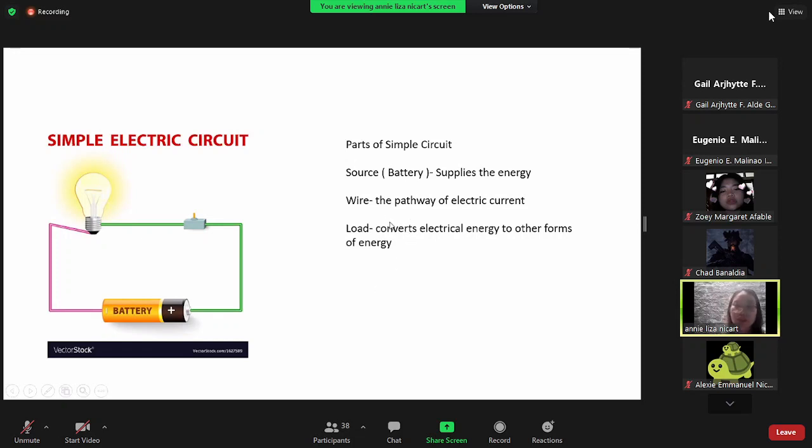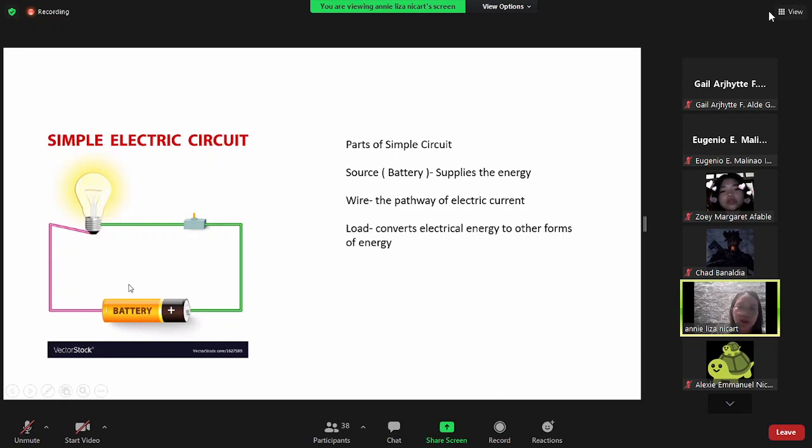Okay, bakit siya tinawag na simple circuit? So isa lang yung kanyang load. It has a single load. So meron din tayong mga complex na circuits. It's a combination of different circuit connections. Okay, so circuit,